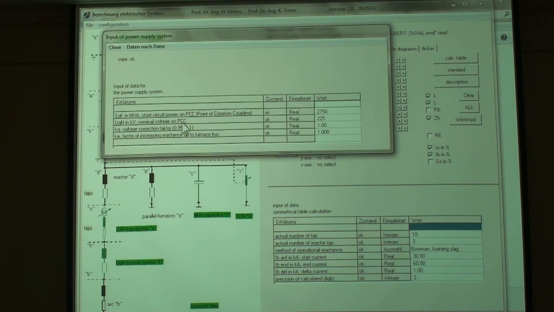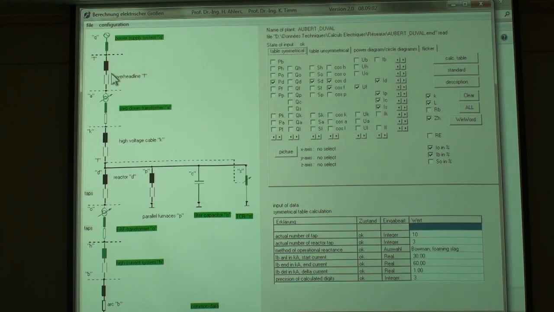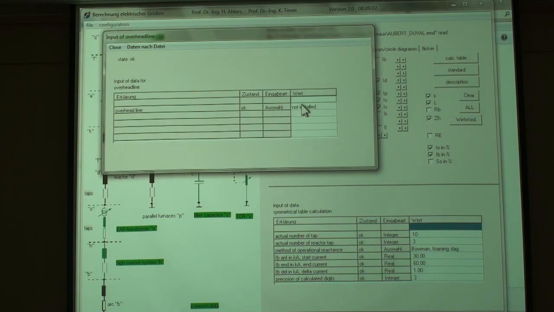Nominal voltage of the incoming line, 220 kilovolts. Correction factor, this is between 0.95 and 1.1. This is to simulate variations. And this I never use. High current cables, if installed, you give the resistance and the reactance; it doesn't calculate itself by the length